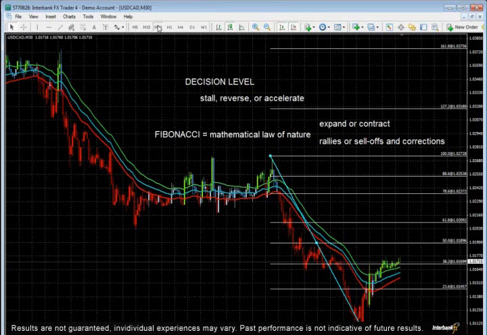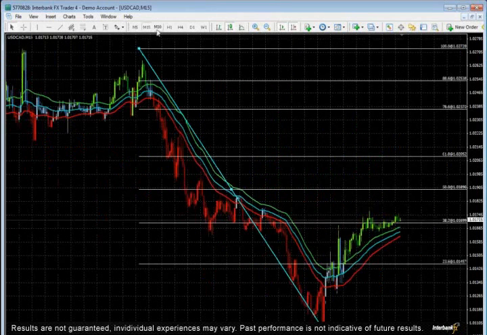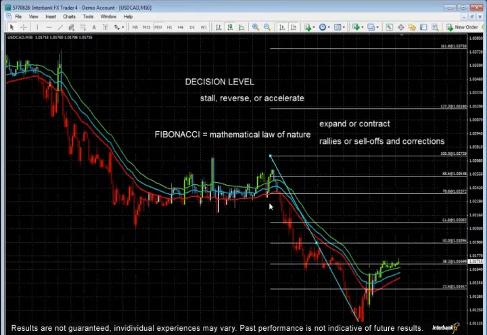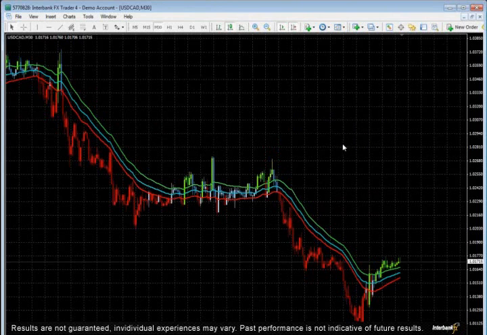All right, so first of all, what do I have here? I have a little bit of a recovery, don't I? For those of you that are looking at the daily chart, you'll know that, and by the way, can I get rid of these notes? Is there anything anyone wants to write down from this? I'm going to go ahead and clean this chart up here. Okay. So we're looking at the